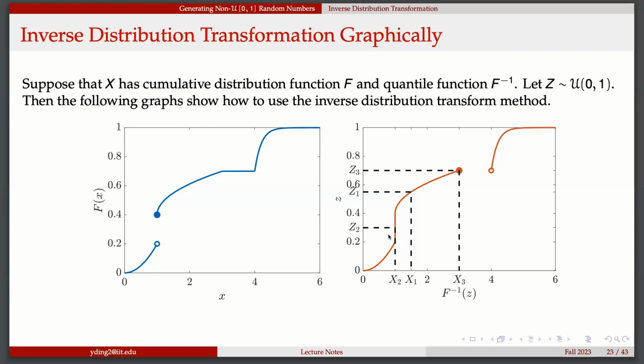If you generate any value from 0.2 to 0.4, you will get all the values. I say this is 1 because it looks like that. So it's a vertical line here. No matter what value you generate from 0.2 to 0.4, you always get 1, because 1 can have this jump here. So that's why this is a vertical line.